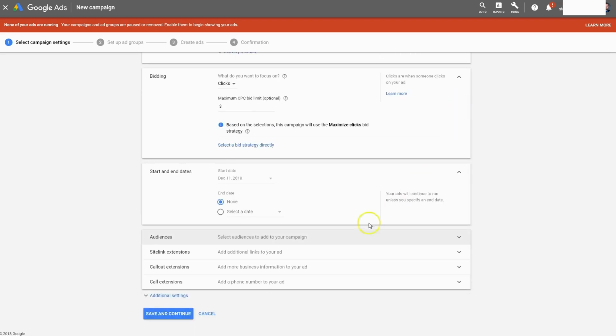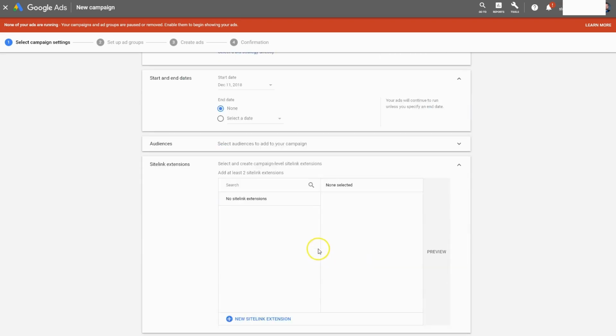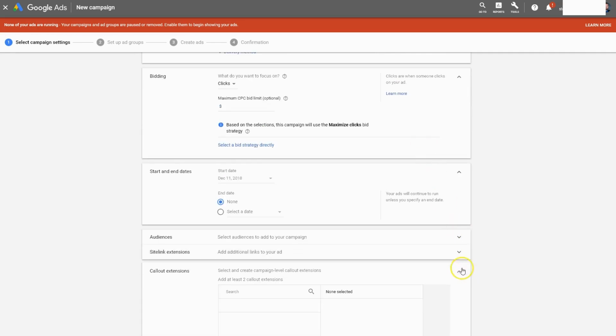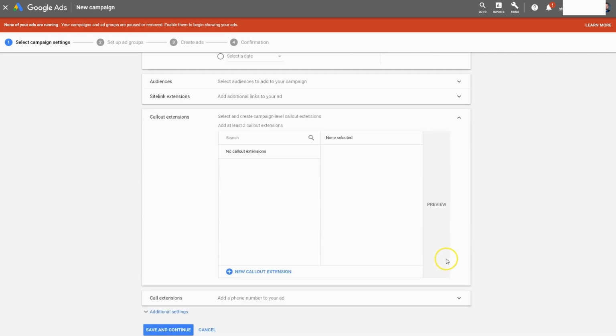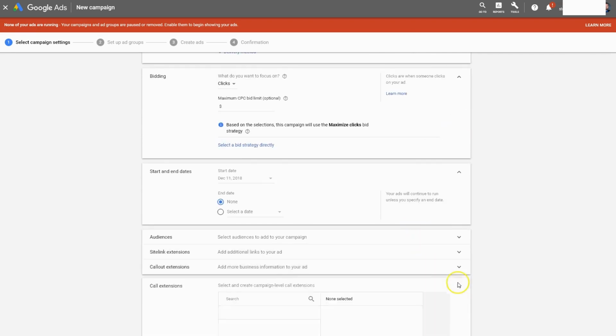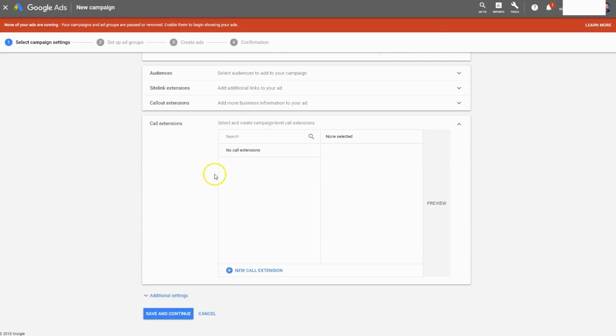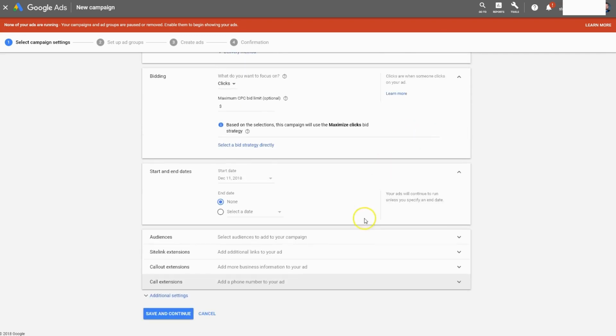Next, we have extensions. Now these are very cool. Site link extensions are a great way to add additional links to a search ad that link directly to specific pages like your About page or an Hours of Operation page. Callout extensions are great for adding important bits of information like free shipping or product details like vehicle mileage or any bullet point type things that don't fit into the main ad text. And finally, call extensions are literally a link that can lead directly to a phone call to a number of your choice. We won't need any of these for our purposes, but be sure to explore these options if they're